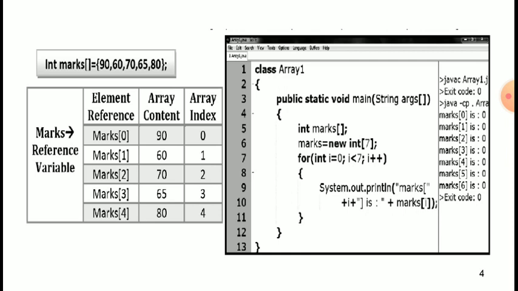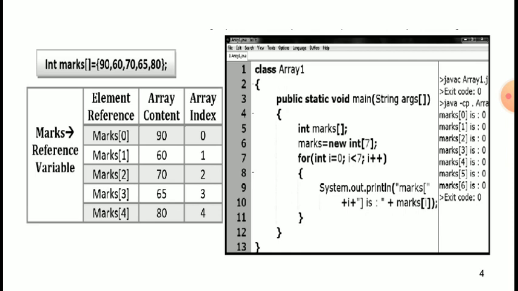Second 60, the array index is 1. 70, array index is 2. 65, array index is 3. And 80, array index is 4. So element references are marks[0], marks[1], marks[2], marks[3] and marks[4].